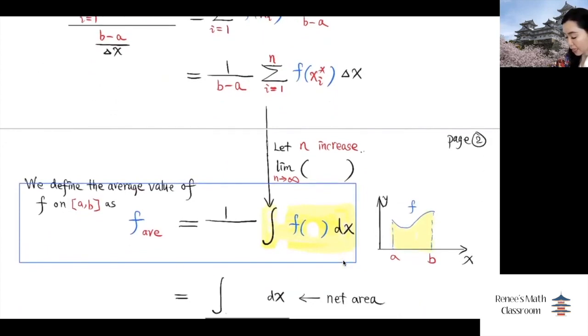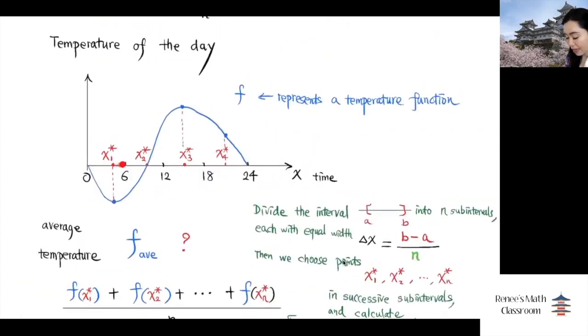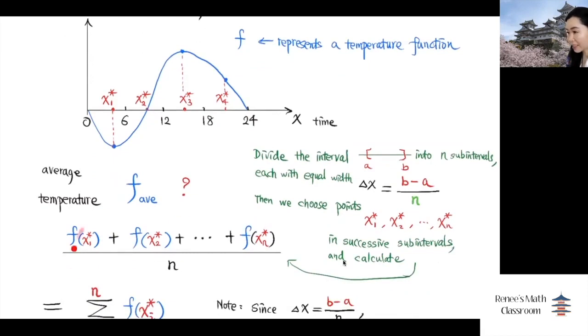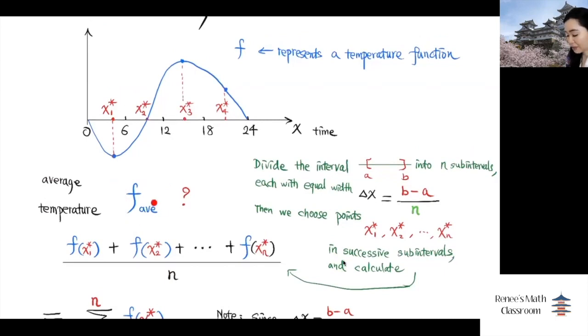Now we're going to let this n over here increase. So instead of having only 4 readings, I can have 24 readings. I can have a reading every 1 hour, right? And then I can actually have a reading every 5 minutes, if you want, and maybe every second. So you let n go to infinity. The more frequently you take the readings, the more readings you will have, then the average that you calculate this way is getting closer and closer to the average of the function value,